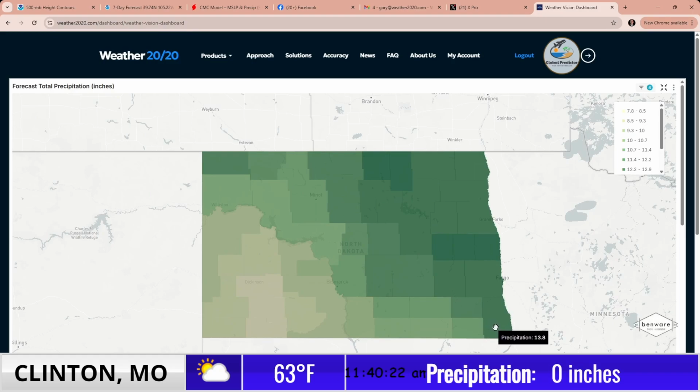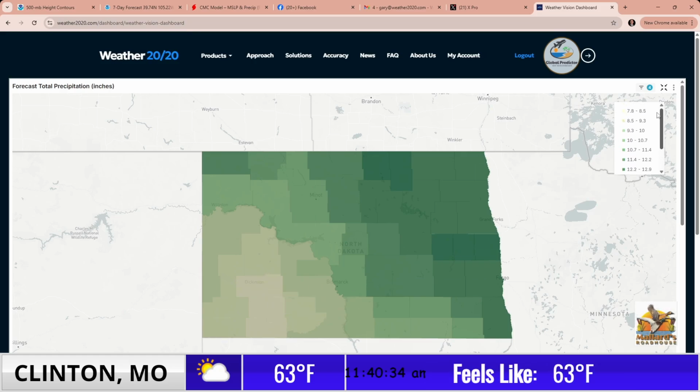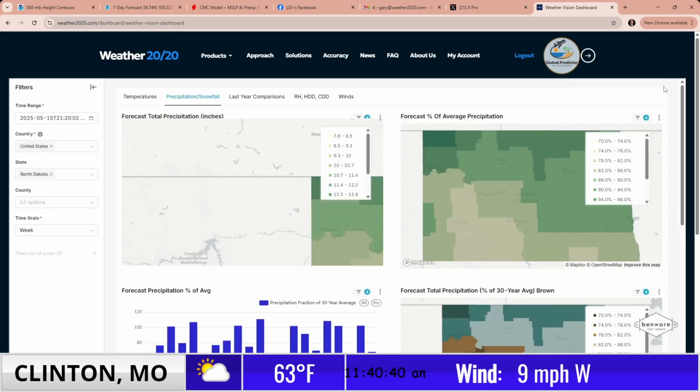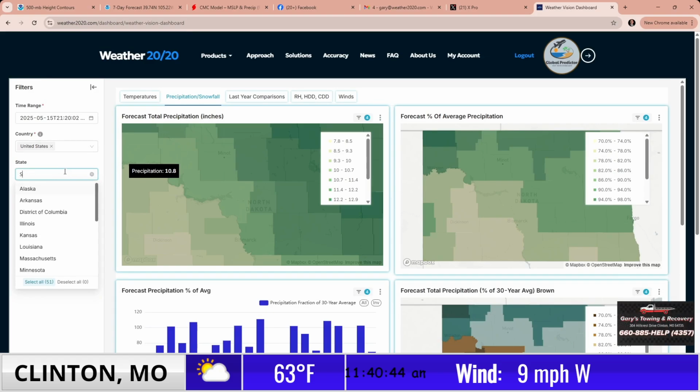13.8 inches of rain here. 15 inches of rain near the Canada border. And only 7.8 inches of rain out here near Dickinson, as you can see. And then this gives you the key. All right, so there's North Dakota, as you can see there. Then I click this to get out of that, and let's go to South Dakota now. So you click on South Dakota